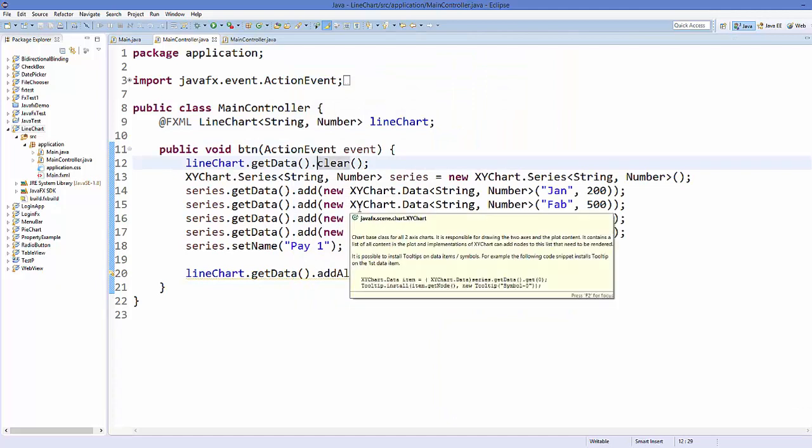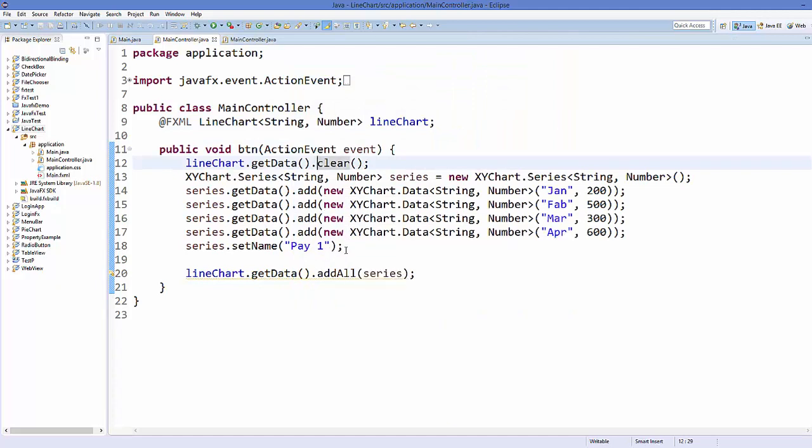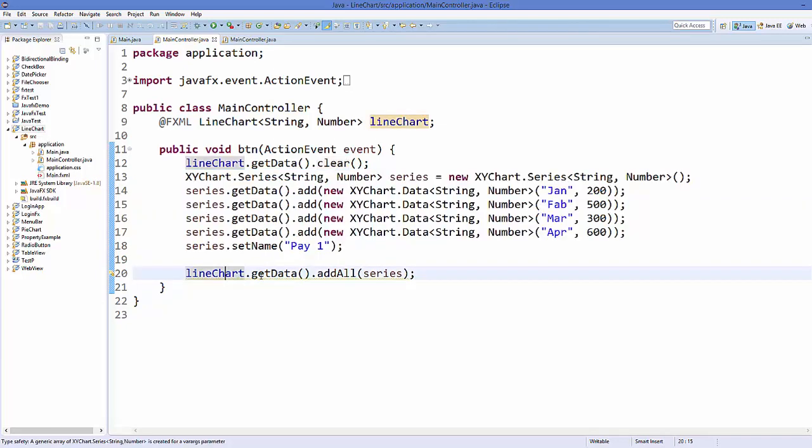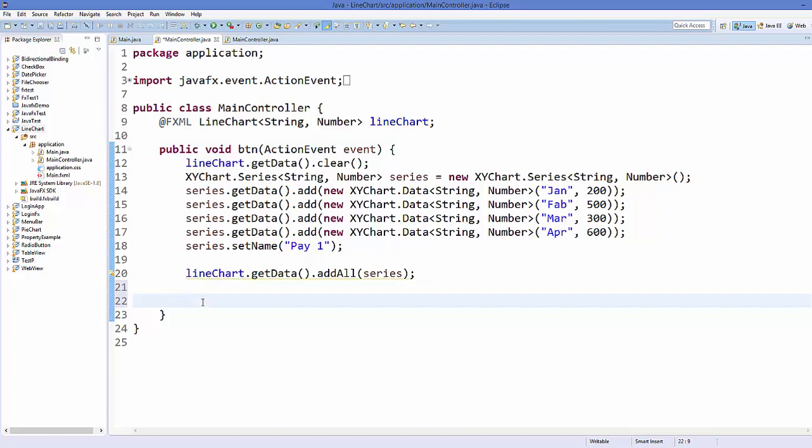So I'm going to use the same example which I have been using in the last two videos, and this was the code. So right now our line chart has only one line which is using this series, okay, and I'm adding this series to the line chart using line chart.getData().addAll(series). Okay, now after this code inside my button click method,